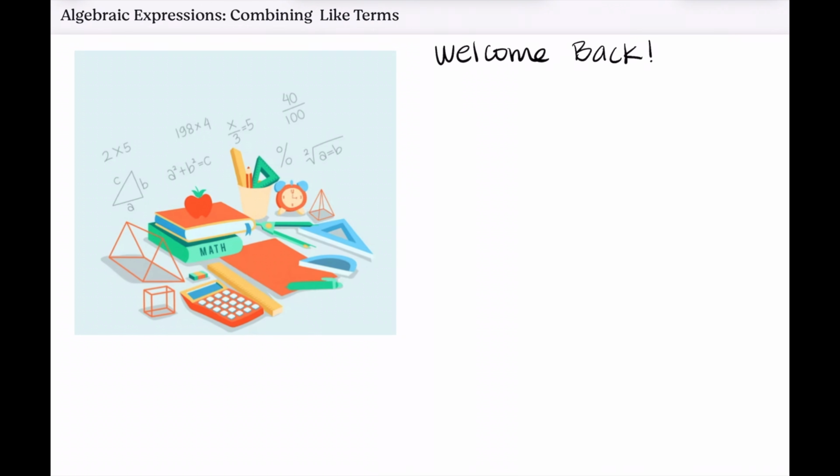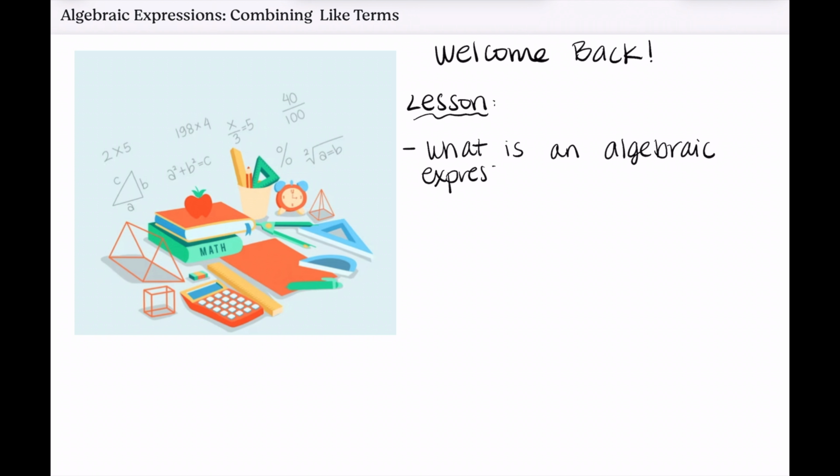In today's video, we're going to learn about algebraic expressions. We're going to learn what they are, how to simplify them, a few different terms, and we're going to practice combining like terms. If you guys haven't watched the last two videos I've posted, the one on the introduction to the distributive property, as well as the distributive property with the algebra-based examples, I would highly recommend watching those first